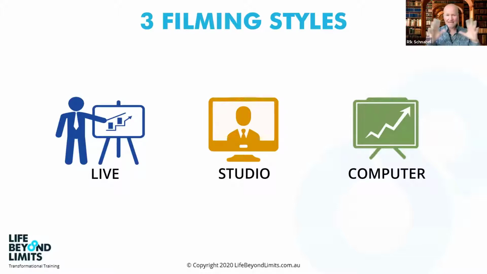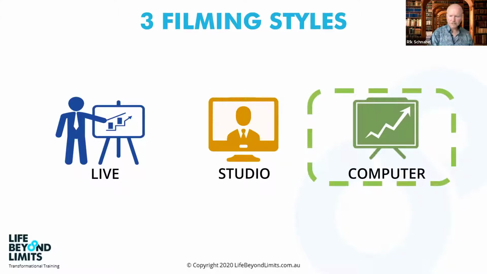Another way to do it is in a studio. So you can set up a camera, you can set up lights, and you can set up, for instance, even green screens. And you can do basically your filming in a studio. The way that many of our students do it is they do it via their computer. So this is a little bit of studio and computer. It's a hybrid. You can see me in the small little screen, but you're seeing mostly my computer. Now, if you don't like getting in front of a camera, then you can just simply do your computer, where you might use your voice or someone else's voice just going through teaching, and you're showing content as you go.